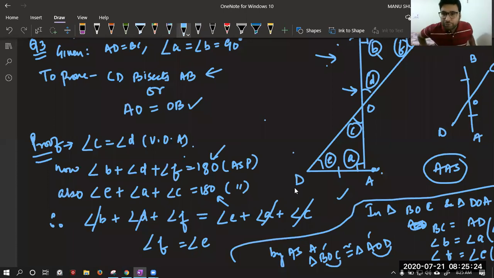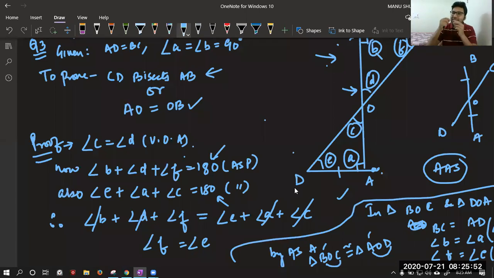Okay. Now, after proving this, we can easily say AO equal to OB. Can't we say? Yes, class. Can we say now A equal to BO? Because both are coming on the first and second position. They are corresponding parts, CPCT, and as they are equal, therefore, what is the difference then? Moksha, the difference is in the criteria, the continuation.